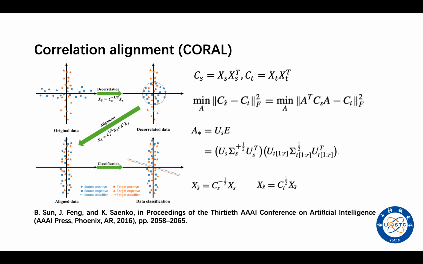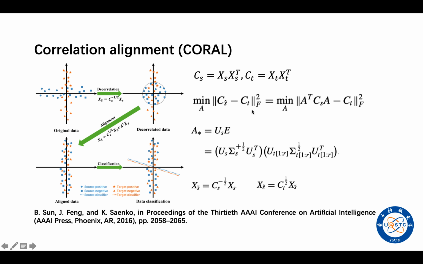The QCORAL directly aligns the datasets without projecting the data to their corresponding subspaces, resulting in a much more concise procedure than other domain adaptation methods. After the data decorrelation and alignment, a classifier will be trained on the aligned labeled source domain data set and applied to the unlabeled target domain data set to predict the target domain labels. With the QCORAL, the labels of an unprocessed target domain can be obtained efficiently without the need for costly manual labeling. And this is the covariance matrix of the source domain data and the target domain data.